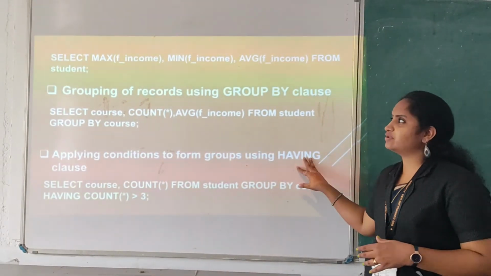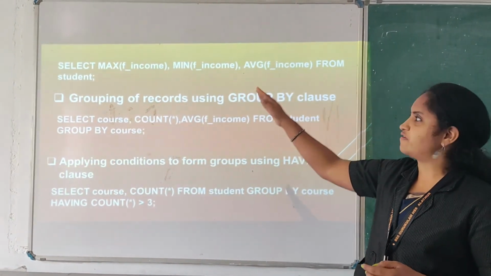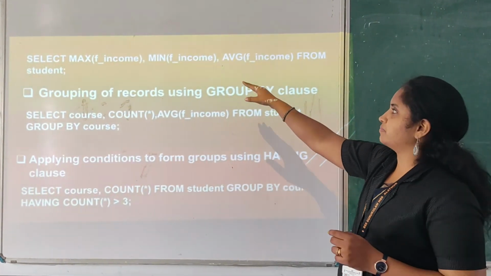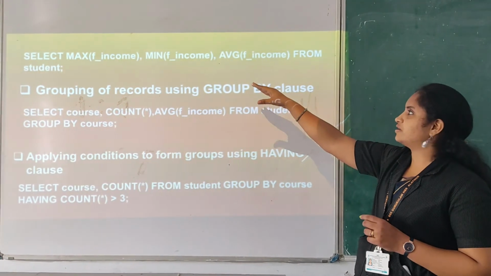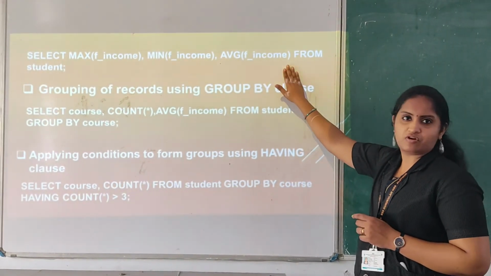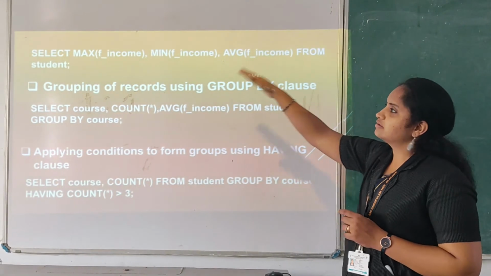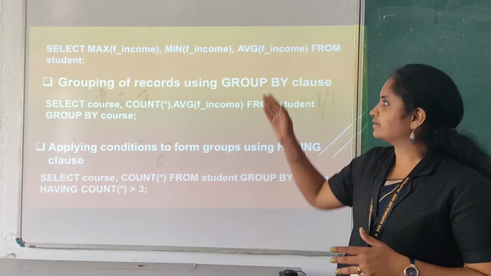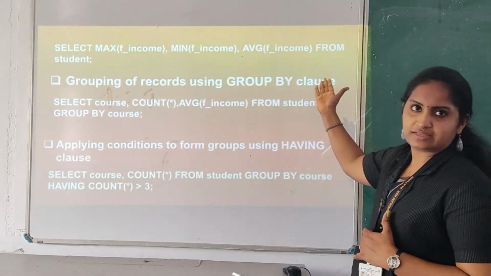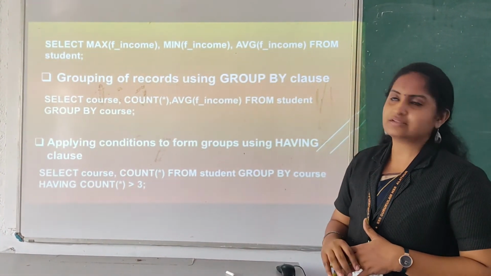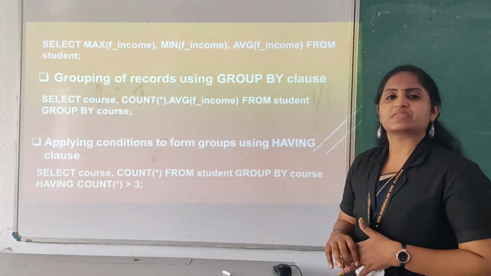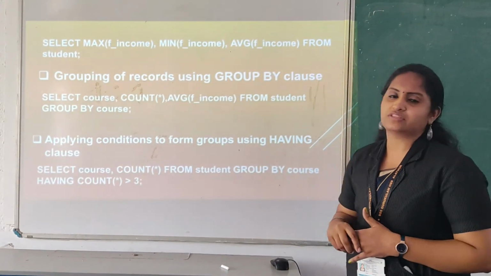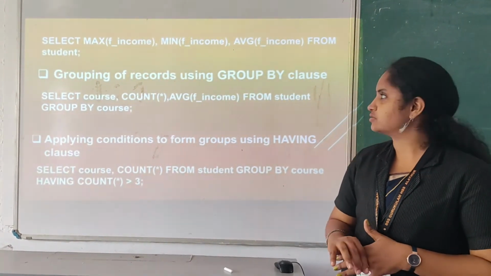So we'll see how we can apply. In this example you can see select maximum of family income, the highest value of the family income, and minimum, that is the minimum value of the family income, and average value of the family income from the student table. So it will display that particular result. Like this you can use the maximum, minimum and average of that content. These are the aggregate functions we are using in SQL queries. We will discuss these contents more with the practical questions, okay, we'll discuss that at that time.